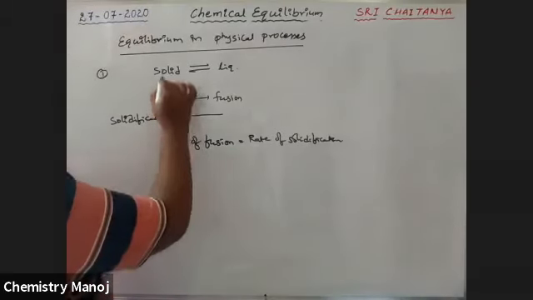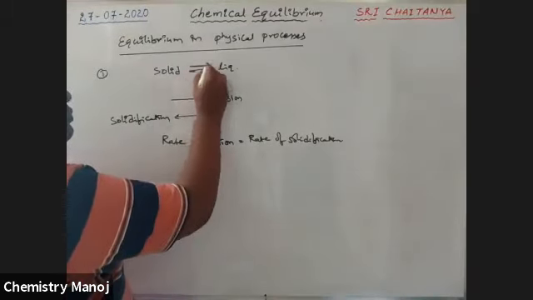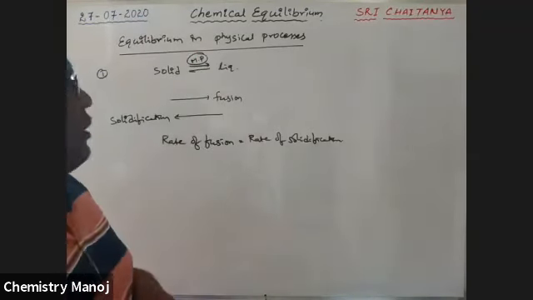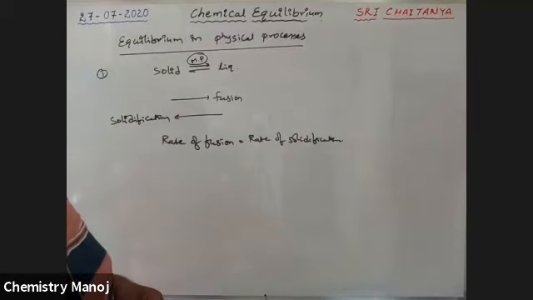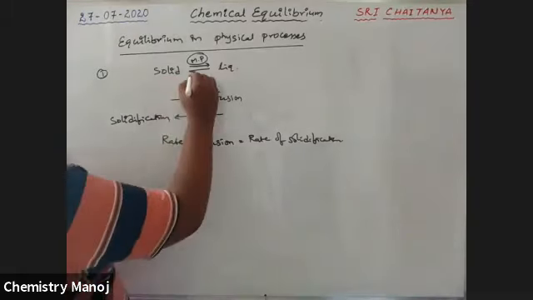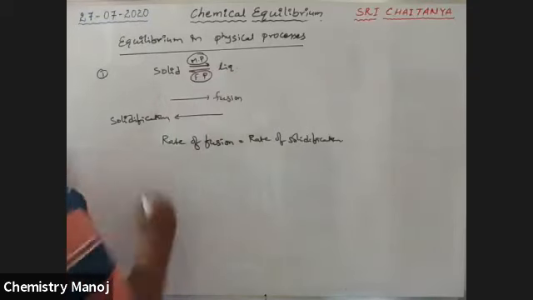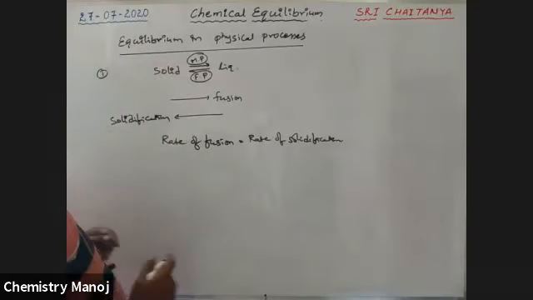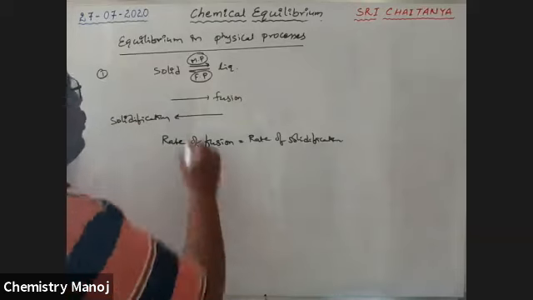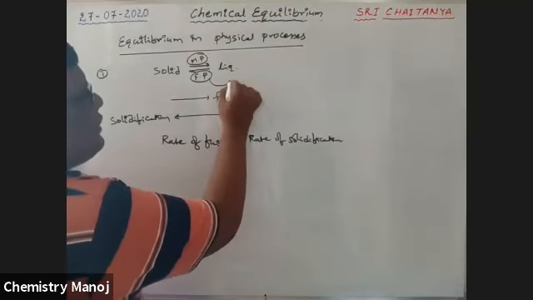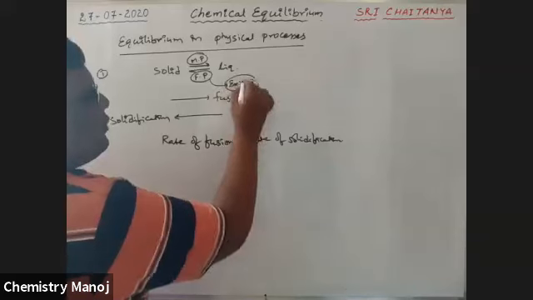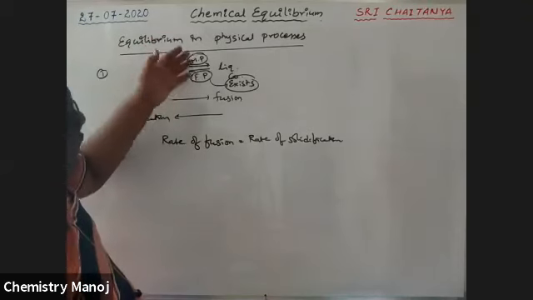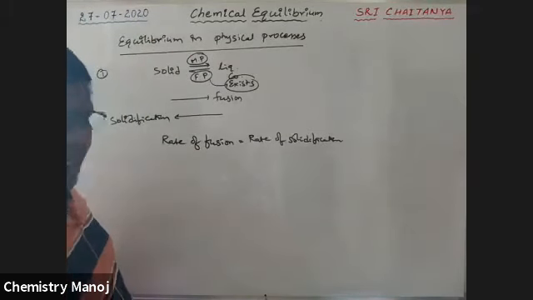So here, solid changes to liquid, that particular point is called the melting point. Solid melted to liquid. Liquid changes to solid is called the freezing point. That means at this equilibrium, both solid and liquid coexist. That particular point is called either the melting point or the freezing point.